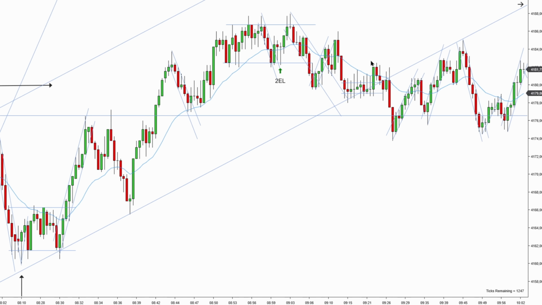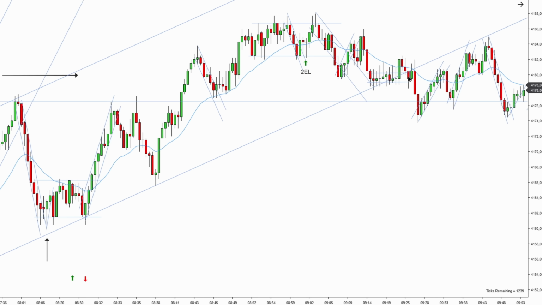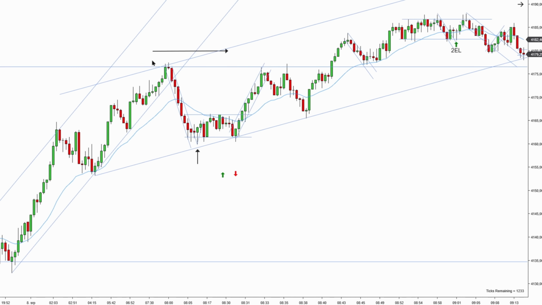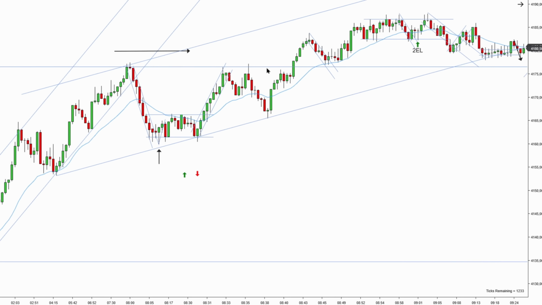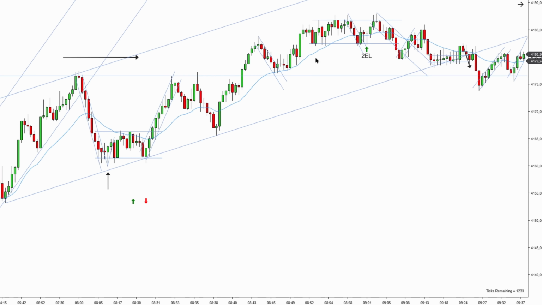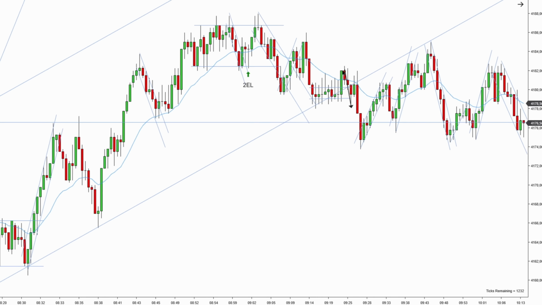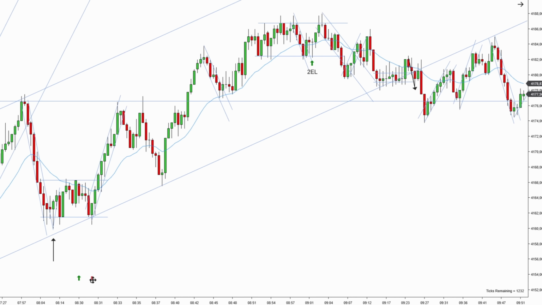You truly want to see a strong push above EMA, which you don't get. You instantly push below EMA. And at this point, once you fail to push above EMA and you're pushing back below, you're expecting prices to test this breakout area. These overnight highs a lot of times act as a magnet, and after a breakout, prices may come back and test these breakout areas. So once you're breaking the trend line, you expect prices to go all the way down here. And here we actually have a decent lower high that I'm going to mark